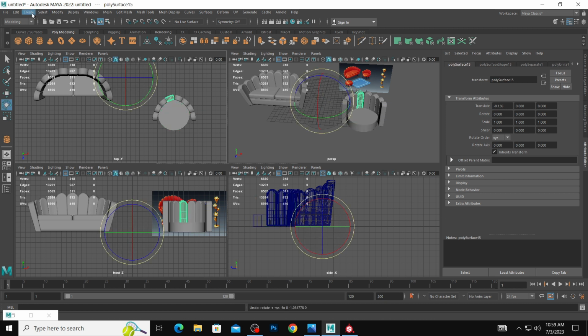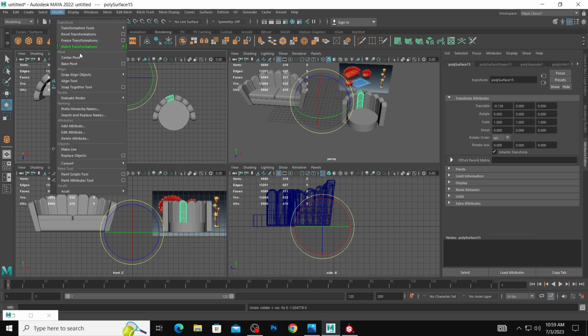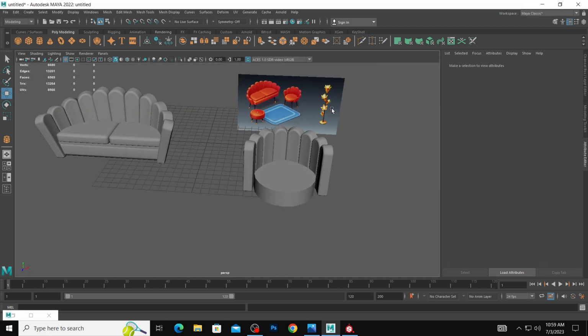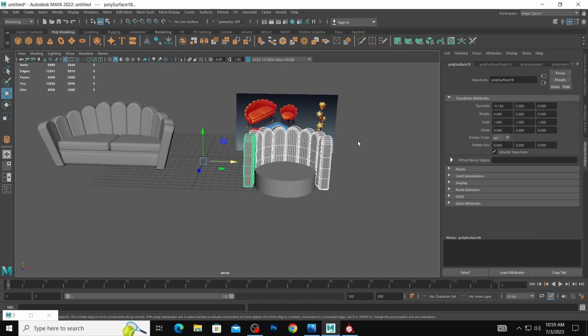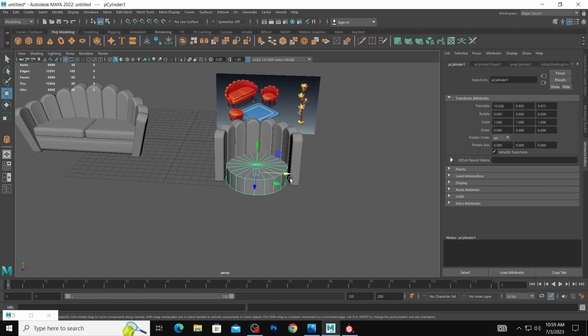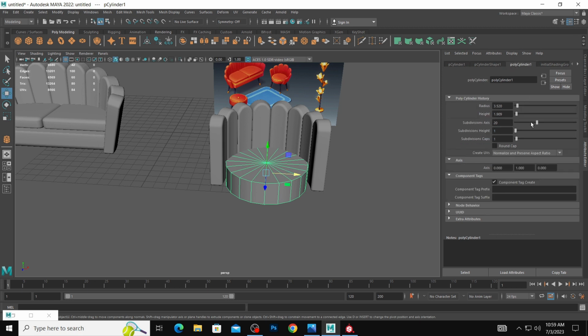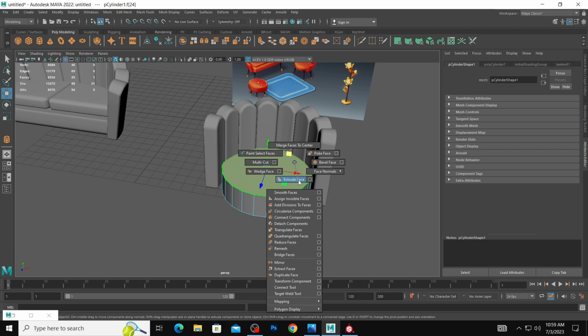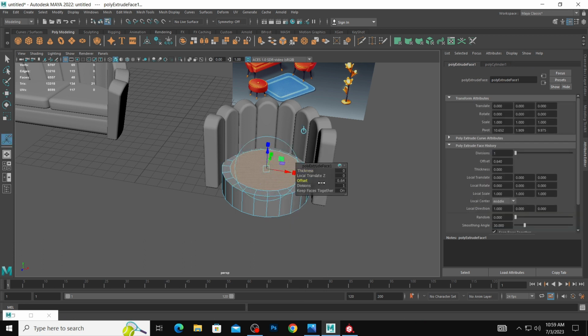Select on this object, modify, and then create center pivot and just move it little bit here like this. Okay, now select all these objects, mesh and combine. Now for this part I'm going to increase some subdivisions, and cap subdivisions I would give 0, click on this face and then extrude, click here, offset, click and drag on offset,